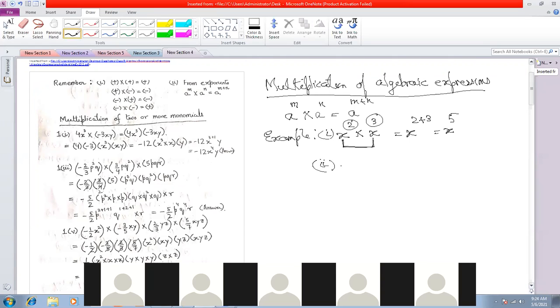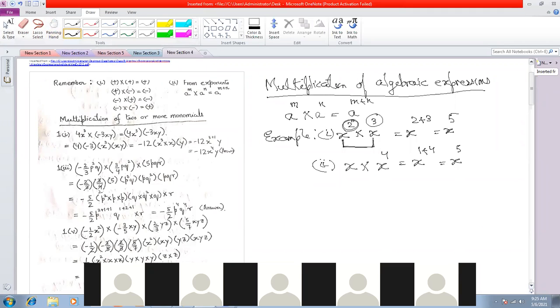Next, suppose if I want to multiply x with x to the power of 4, how do I do it? X to the power of 1 plus 4 is equal to x to the power of 5, and so on, right? Now the powers can be fractions also, doesn't matter, but normally in this we will not come across fractions, but you can add up fractional powers also.